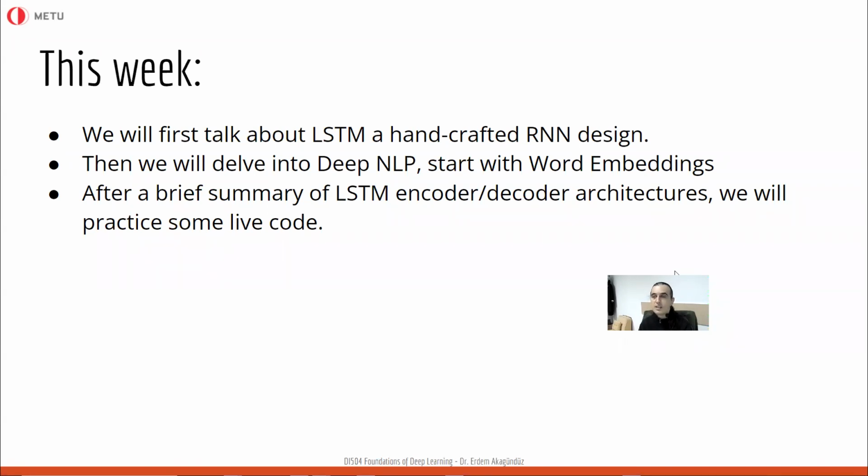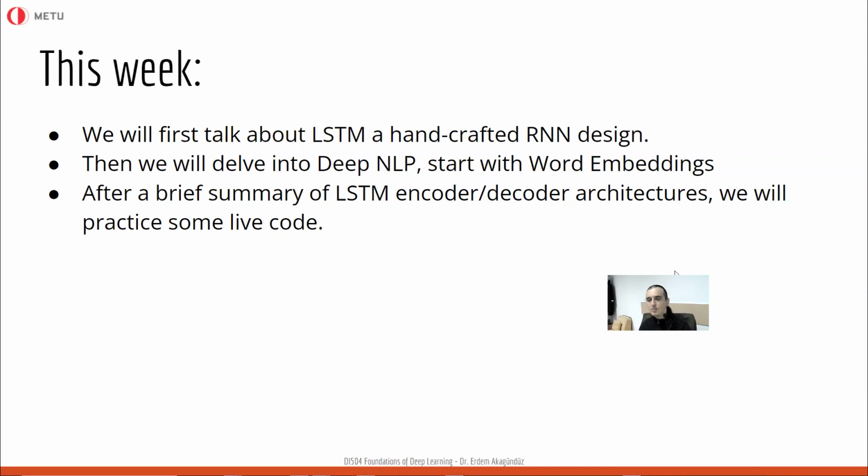Because sequence modeling is a vast concept on its own. And as you all know, I have an advanced level deep learning course for sequence models in multimedia, which I'm lecturing this semester. If you're taking this course, you're not taking that course, because that course requires an introductory level deep learning course. So if you want to continue that subject, you're welcome. I'm going to lecture that course again. The thing is, since sequence modeling is a vast concept of its own, we will have to pass it a bit quickly.